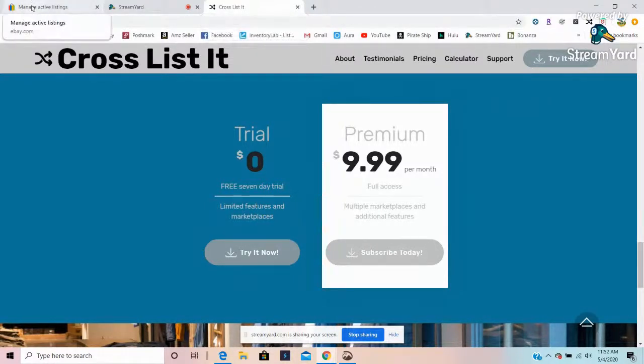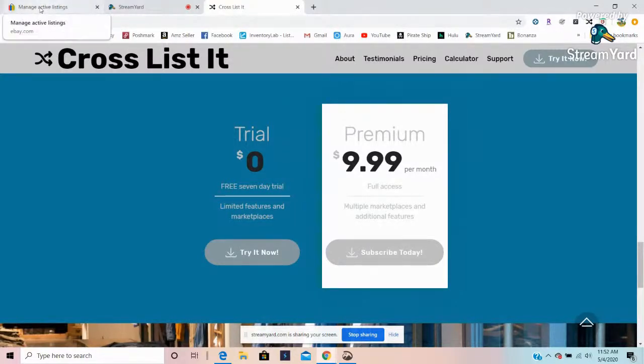So I'm going to go to my eBay, and I'm going to show you how you use this program. When you download it, if you do the trial, it adds up here in my right hand corner, I don't know if they're called plugins or what it is for Google Chrome, this one right here that's black with the arrows, but yours would be red. I'm pretty sure it was red under the trial. When you buy the premium, it adds a black one. You have the black and the red, so you'd want to delete the red. So you have that black one.